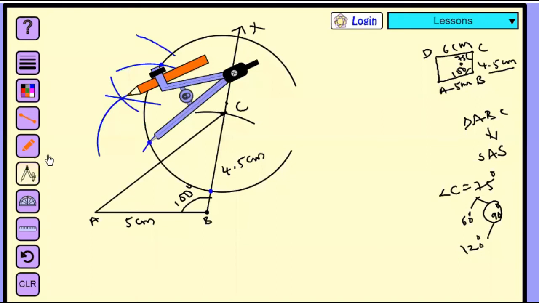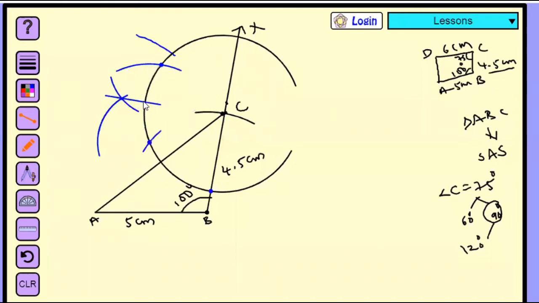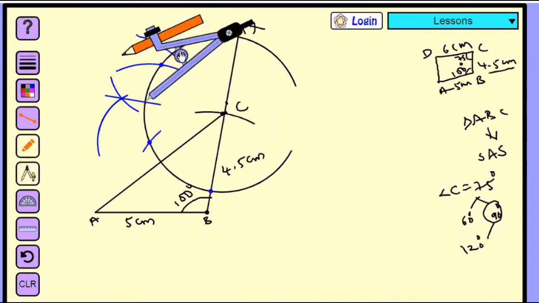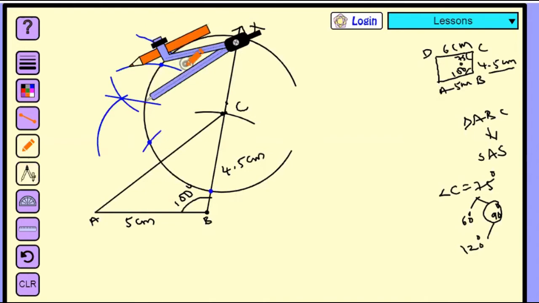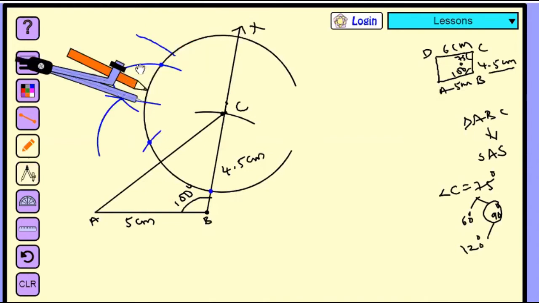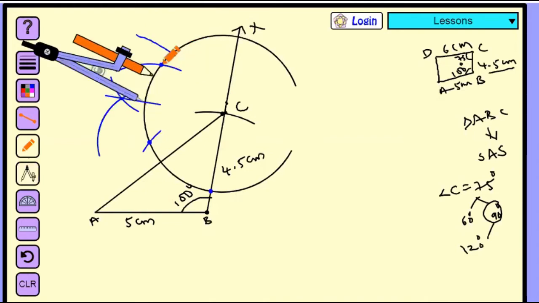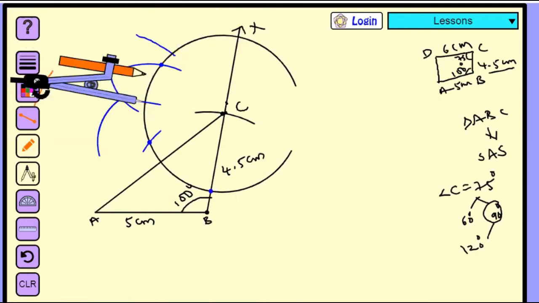After getting the 90 degrees, we are going to bisect this 90 degrees and 120 degrees. For that, you should take the compass radius more than half of the length of 60 to 90. This point is 90 and 60. So we are taking more than half of the length of 60 and 90. And now with 90 at the center, you should draw an arc here.